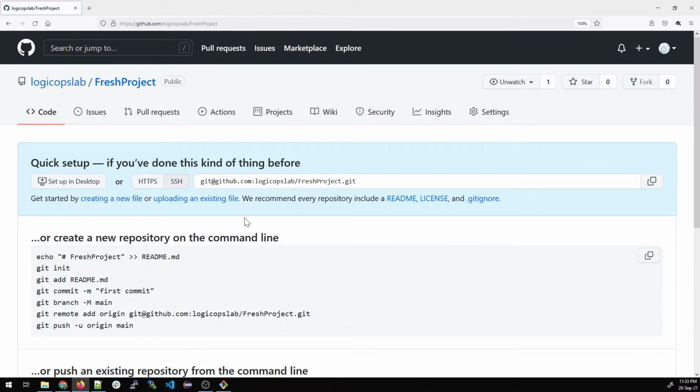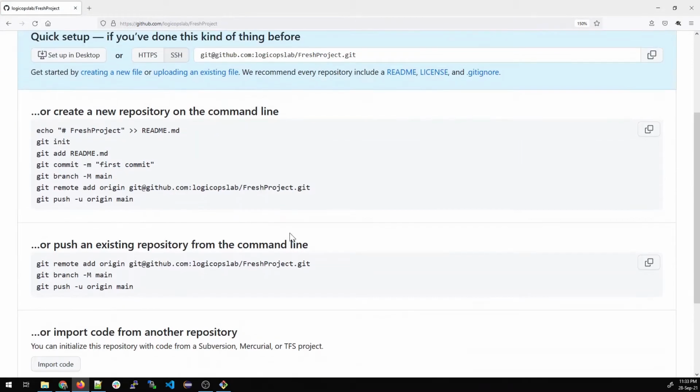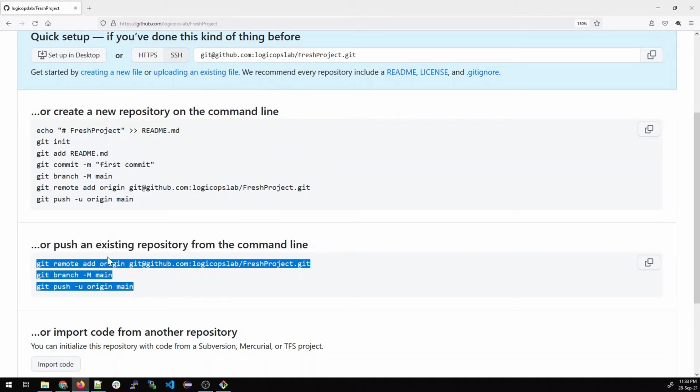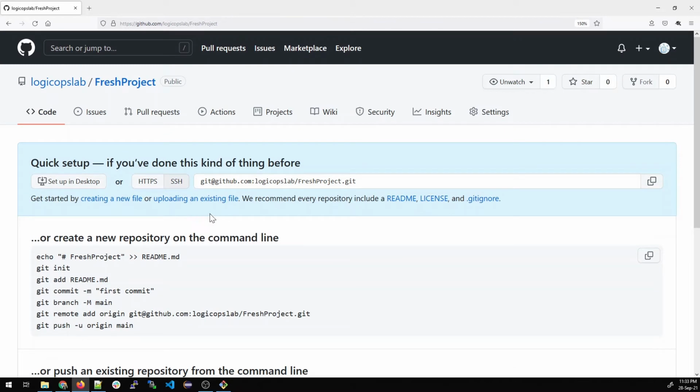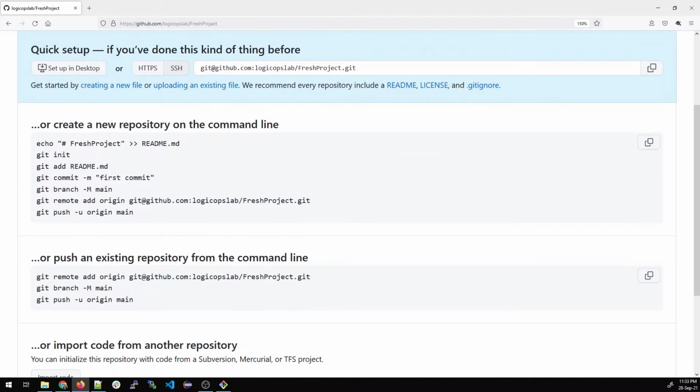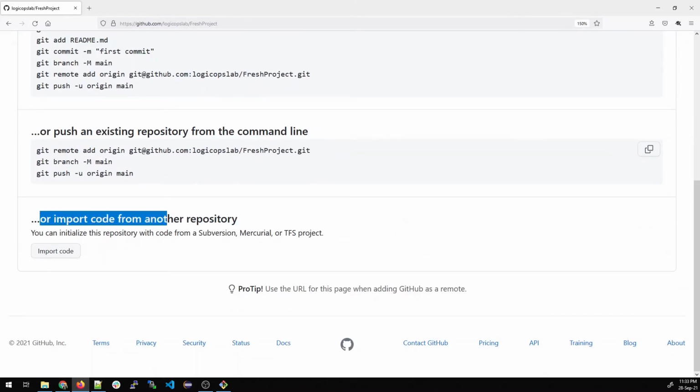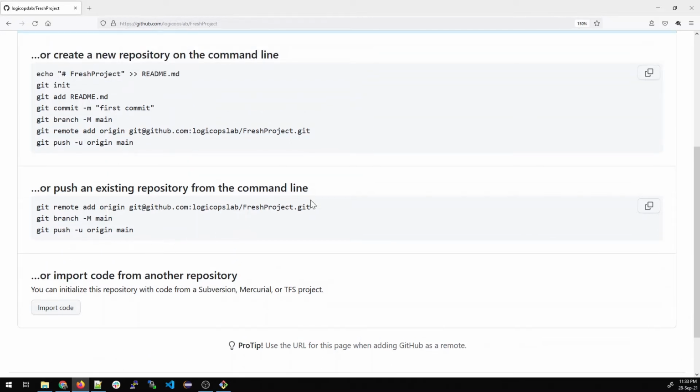Once done, it will show you these things. So what we are going to do is copy this and paste it somewhere in your local. There are two options available, HTTPS and SSH. HTTPS we have already talked about. We are going to use SSH over here, so just copy this and paste it somewhere. There is one more option, import code. Import code is for when someone has already provided you some code and you have to import it. You can click over here and import that code. What we are going to do is this, because this is an empty repository right now and we have everything created in our local.